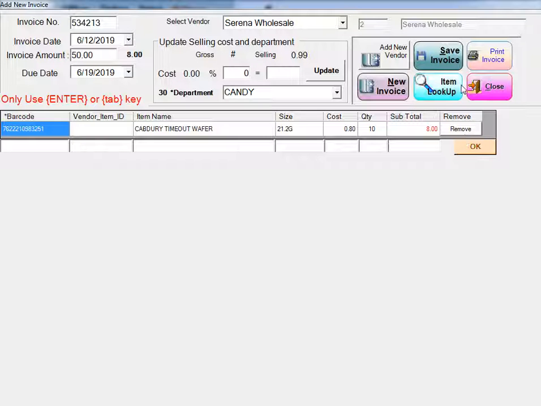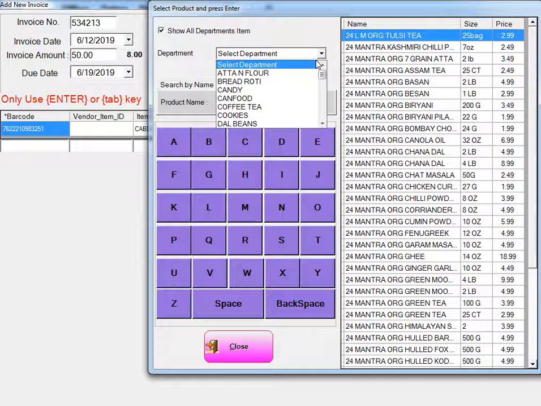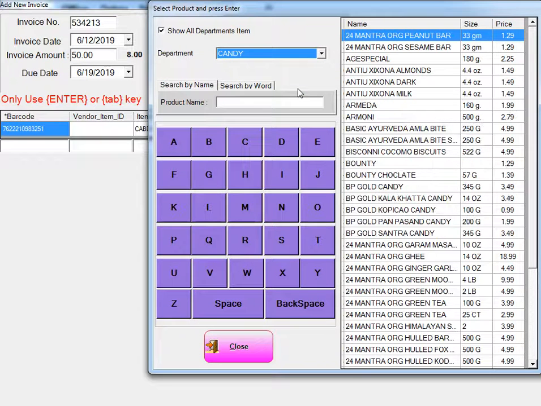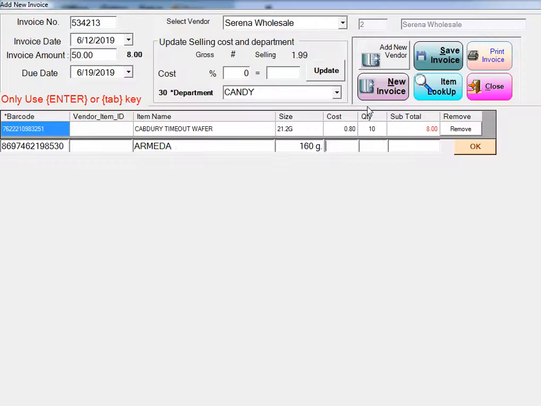Now we can add another item. Go back to item lookup. Even if it's a different department, you can select it from here. Mine's just going to be the same one, and then you can select the other item that's going to be added into this invoice. Again, same thing, you're going to input the quantity that's on the invoice of the item,